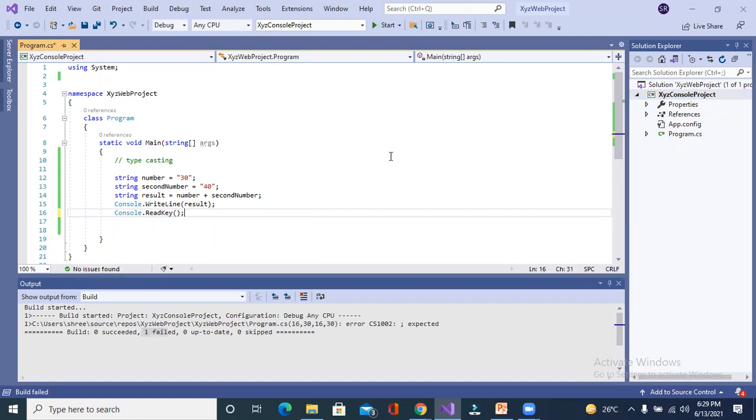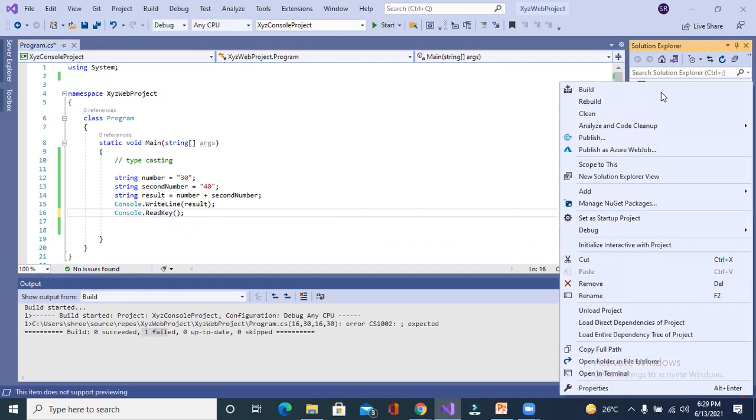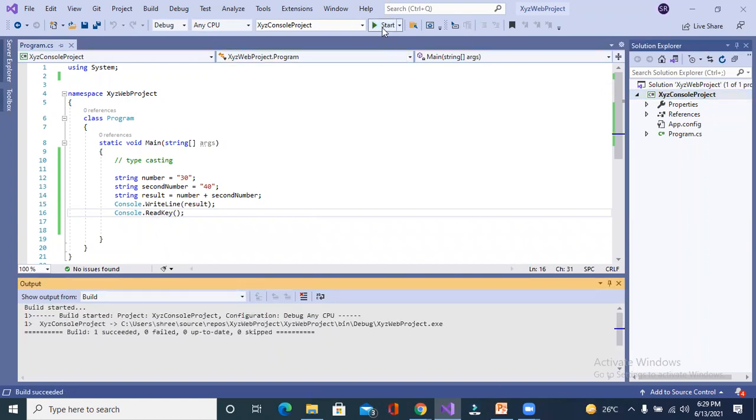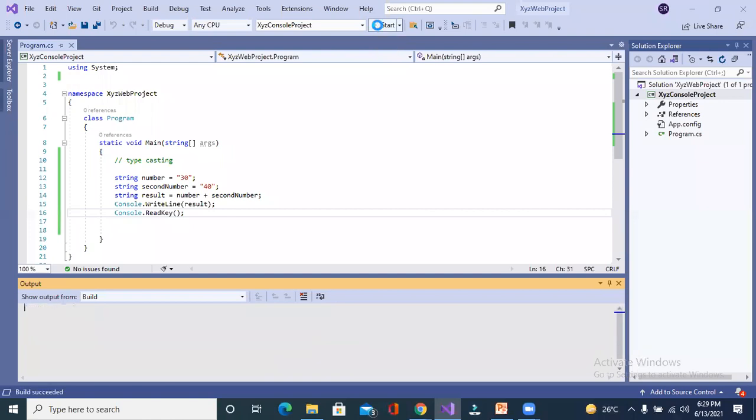Got it? Yes, sir. Now the second question is, what will happen if we do not build and run? We want to run this application directly. That means if anybody writes the code and directly clicks on start, what will happen? Sir, it builds on its own. Yes, it will build automatically, then it will start your project.